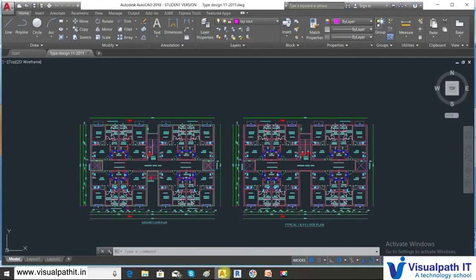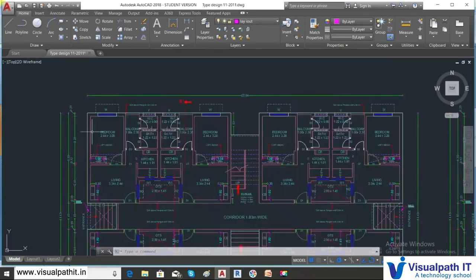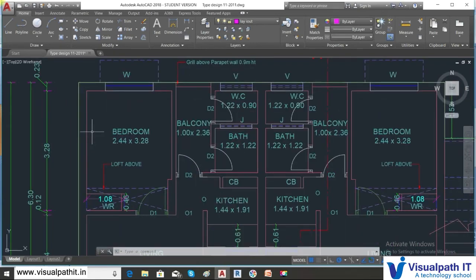See, so this is our AutoCAD plan, where the ready-made plan is given to us. It's a multi-story building which has 3 floors. So we will create 3 floors, 3 levels, rename them, and the units you see here are in meters. So we'll change the units and we'll import it in Revit and then start working on it. So let us import this.